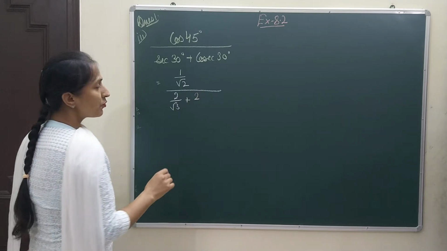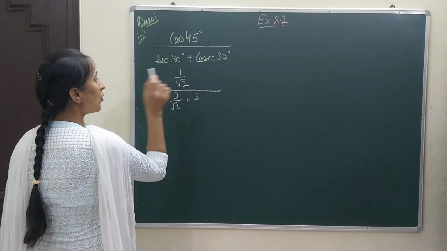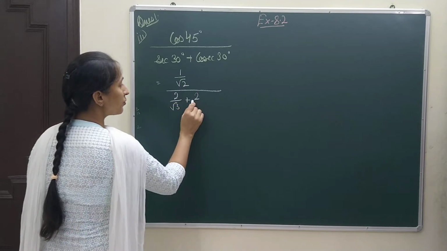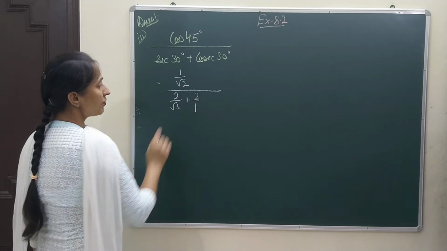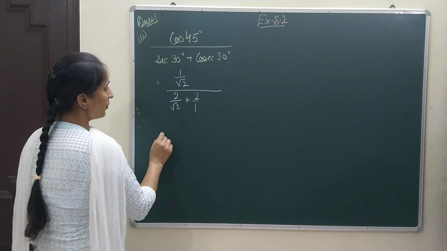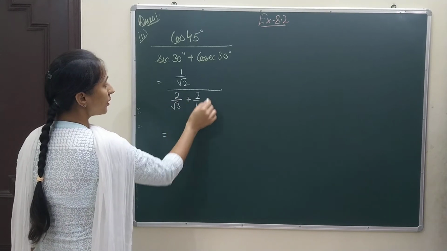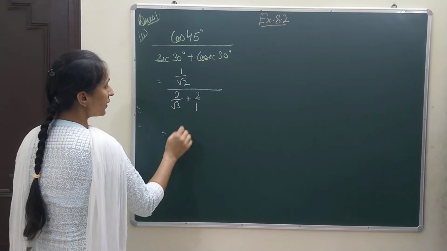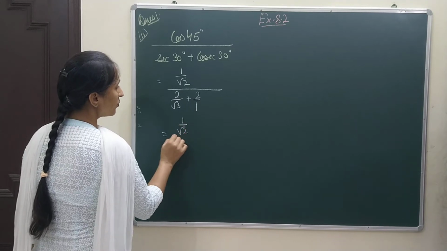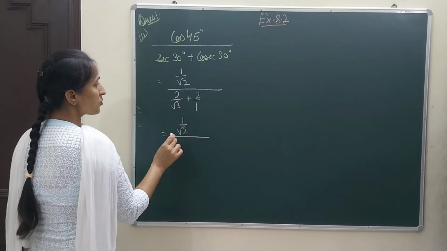First of all, I have to complete the denominators. Here numerator and denominator are complete. Here also, but here only a single term is written. So I will write denominator 1 in the denominator. Now there are two terms. If I take the LCM, then it will be easy for me to combine these two terms together.